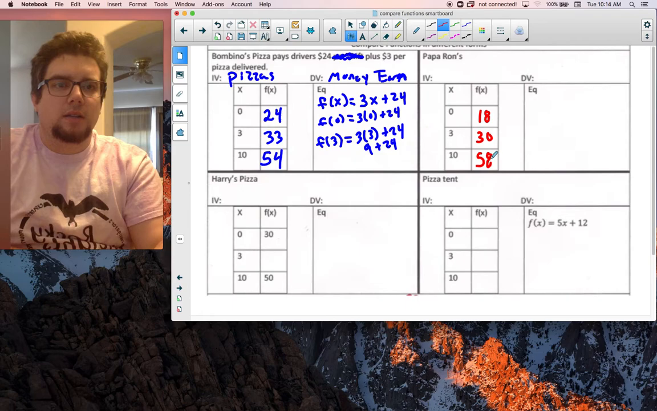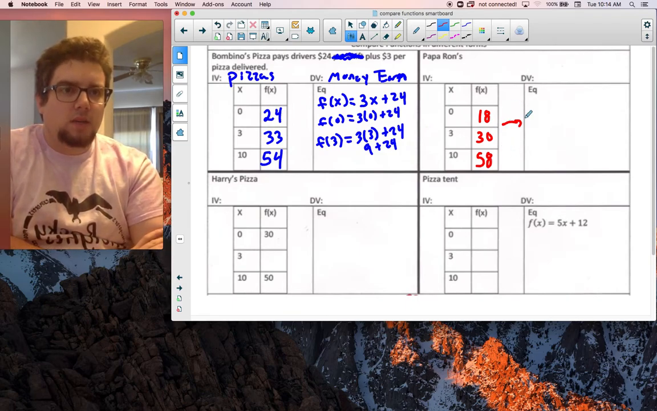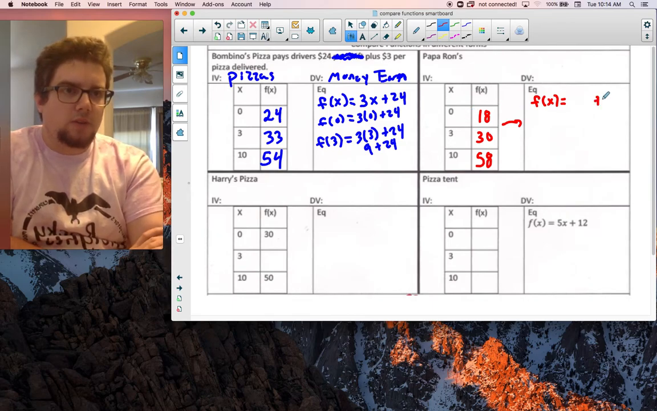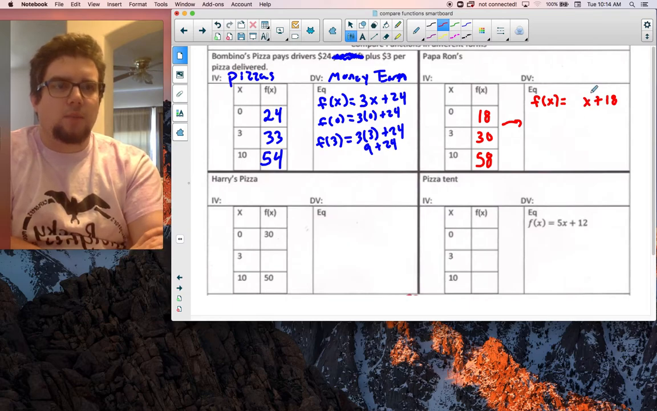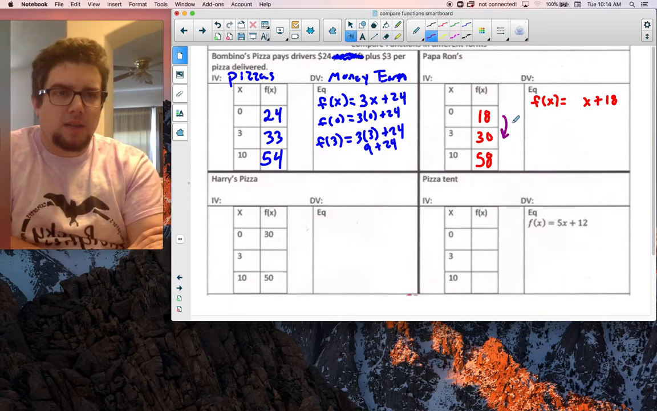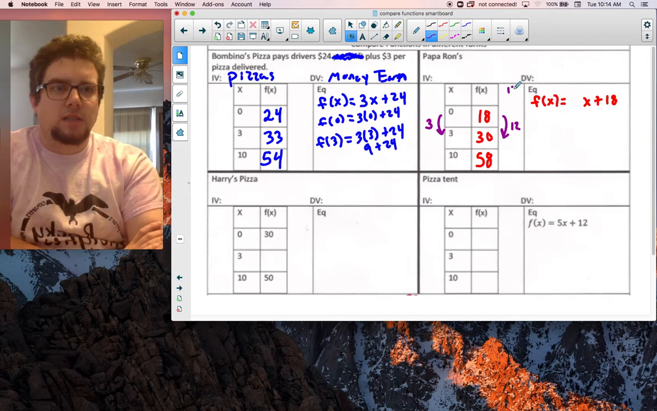And we have our table. Now from our table, I would build the equation. So I have f of x is equal to, so I know what my y-intercept is. It's 18. Now I just need to figure out my rate of change. So my rate of change, let's go from 18 to 30, that's 12. From 0 to 3 is 3, so our rate of change is 12 over 3, or in this case,